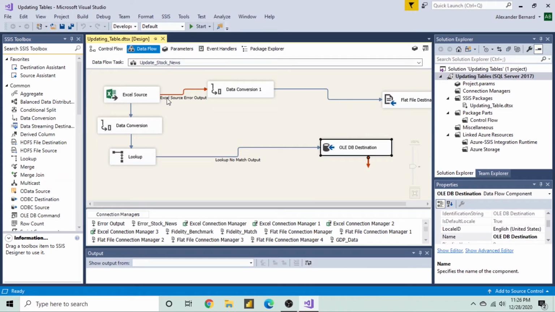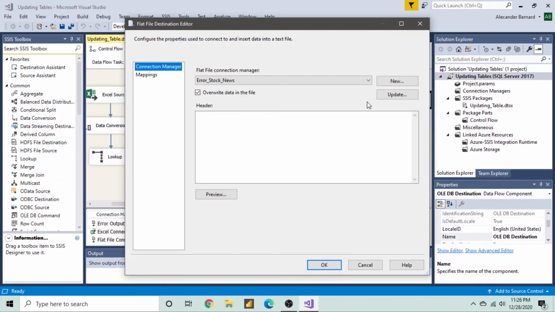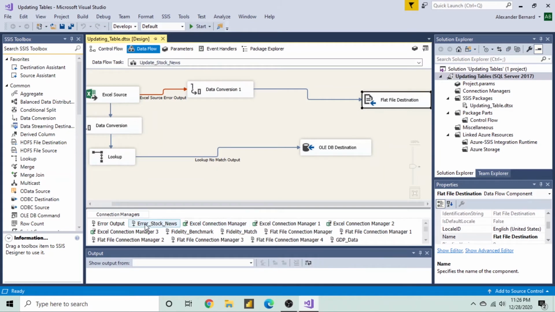The other path we are going to take a look at is the path with the red arrow. If there are any errors in the source file, we are then going to do a data conversion, and then it gets sent to a flat file destination. Basically, it's going to get sent to a text file. These are the rows that have an error with them and are not able to be imported into our database table. The last time I checked this file, it only contained one row, and the reason for that is